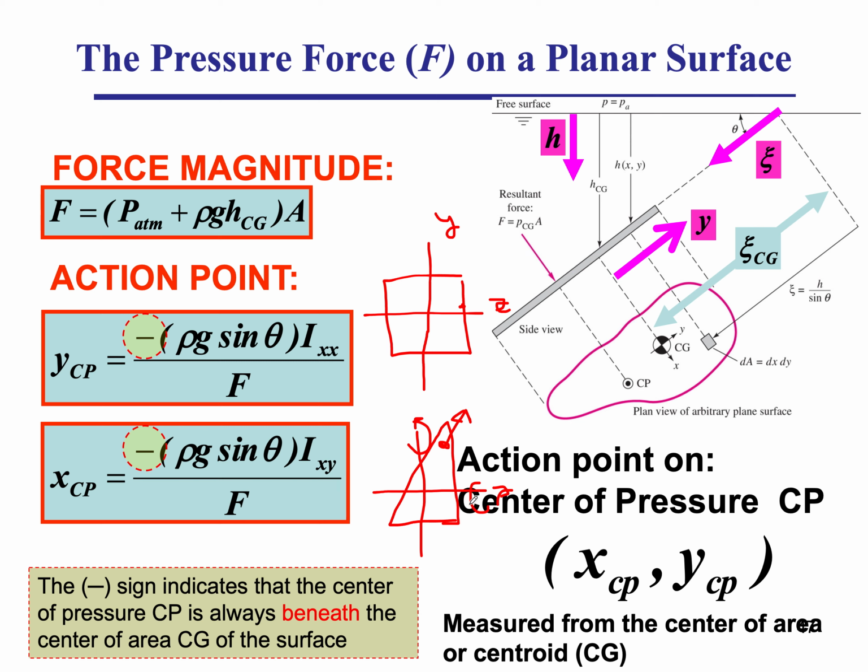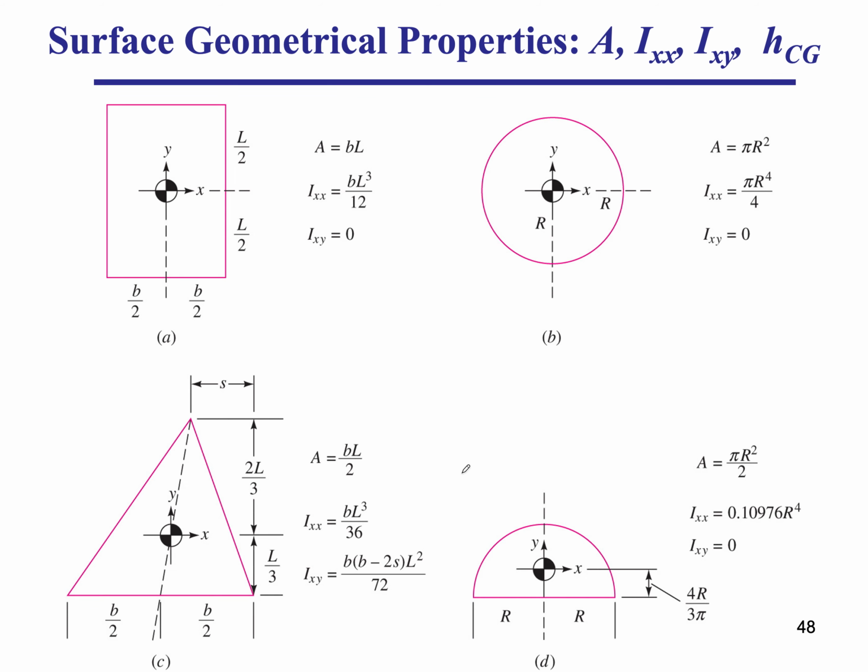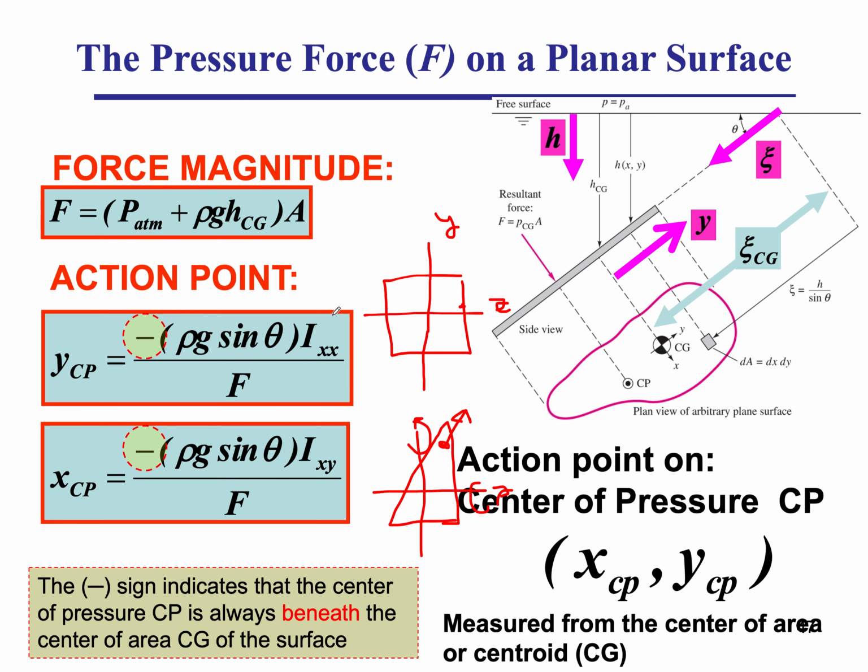So these two motions are now coupled. They are not completely, because of the lack of symmetry that we have here, the two motions will be coupled. So the IXY is the tendency to rotate around the y-axis if I try to push it to rotate around the x-axis. So it's the coupling of those two motions together. And you will see those three properties: the center of gravity, the moment of inertia, and the coupled moment of inertia